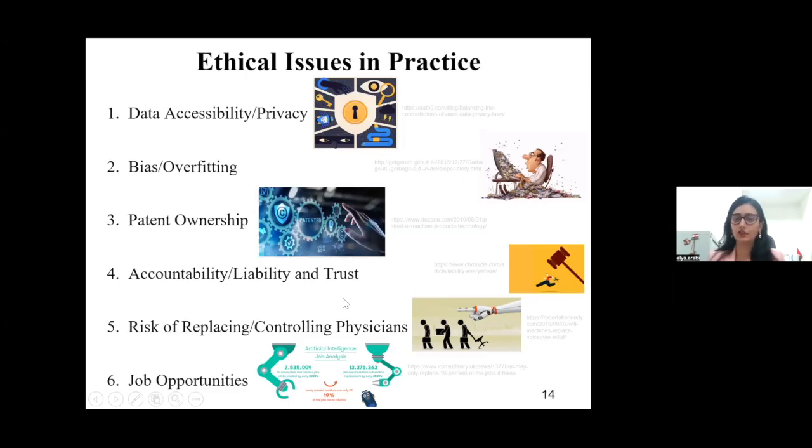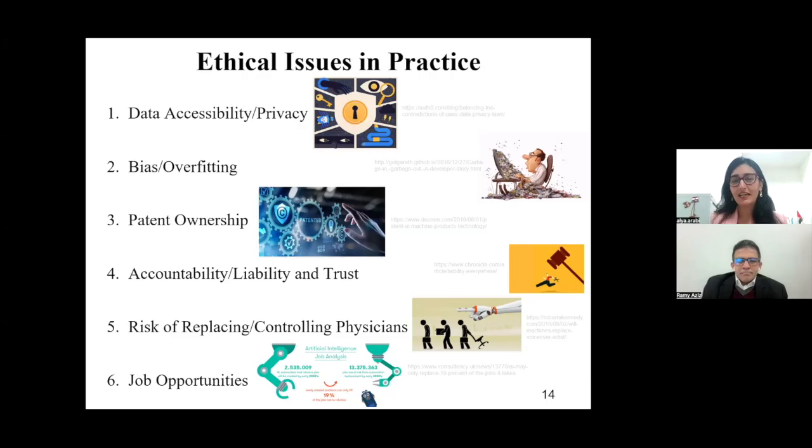Accountability, liability, and trust. Of course, if a machine messes up, you cannot go and sue it. So that's a problem. A machine goes and practices certain surgeries in the hospital, but does it have a license to practice medicine, for example? And to what extent are people willing to trust the machine working without the control of human beings for quality assurance, etc.?